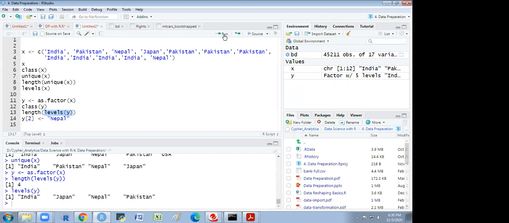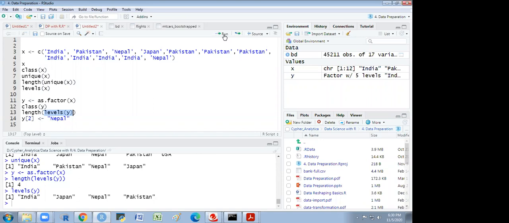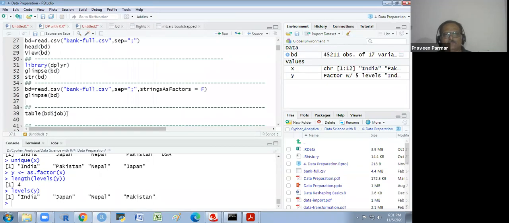So when we prepare some model, we convert into factor. It takes less time and uses less space in RAM also. So now you're all clear about the difference between factor and character. Okay, now let's continue.